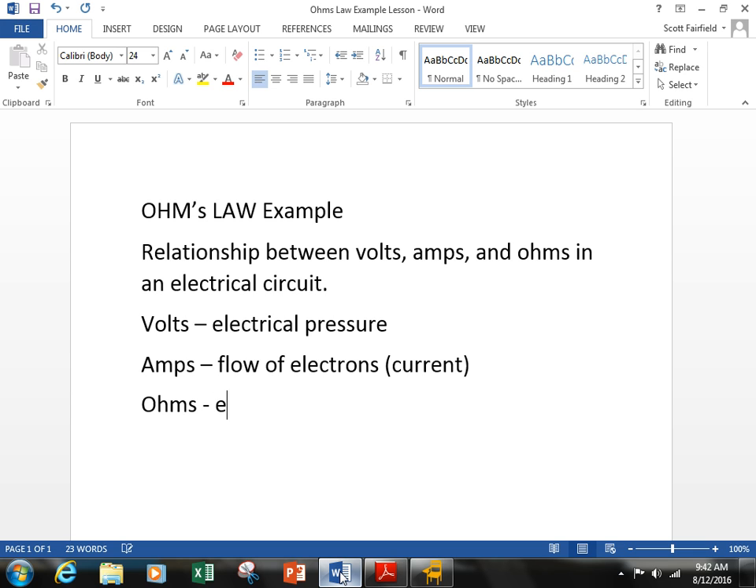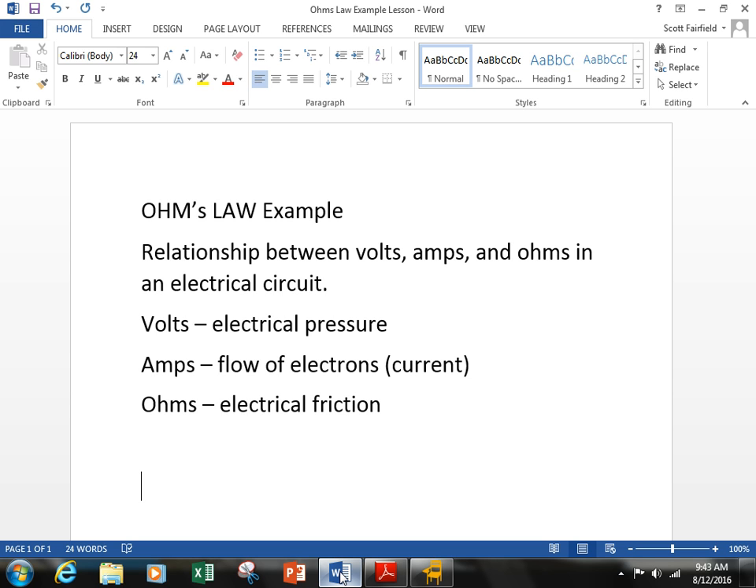So this will be electrical friction. So we have to balance out the three. So in any given circuit, we're looking at a mathematical relationship that first of all sets up